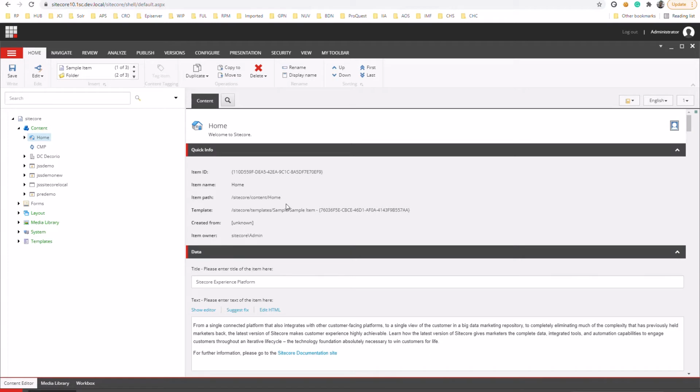I'm a Sitecore certified developer, and today I will show you how we can create a cascade drop-down list in Sitecore form. What we are going to achieve is a situation where we have a parent-child relationship, for example country and state. So if we select a country, then the states for that country should be listed in the